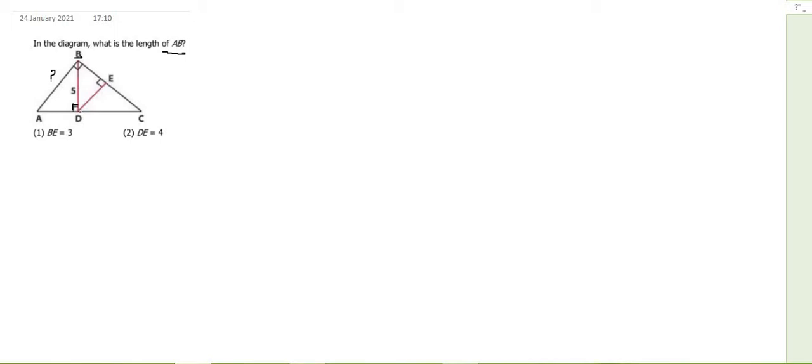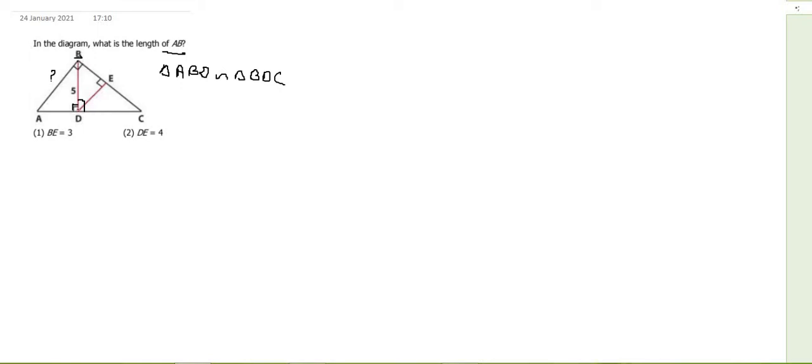So you see this is a 90 degree angle, and this entire thing is also a 90 degree angle. Now since they have dropped a perpendicular like this, can I say that triangle ABD is similar to triangle BDC? Confused? Okay. So whenever you drop a perpendicular from the vertex that contains the 90 degree angle in a right